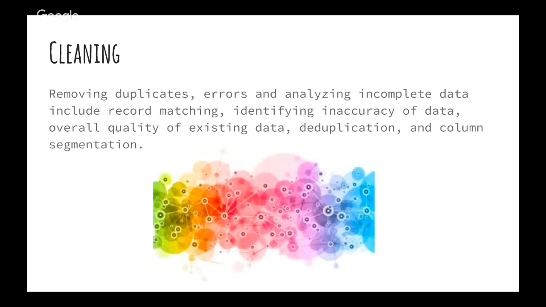So once processed and organized, the data may be incomplete, contain duplicates, or contain errors. This is called data cleaning. The need for data cleaning will arise from problems in the way that data is entered and stored. Data cleaning is the process of preventing and correcting these errors, and many of these tasks include matching, identifying, and kind of like examining the overall quality of existing data.